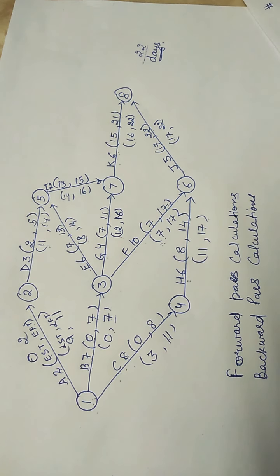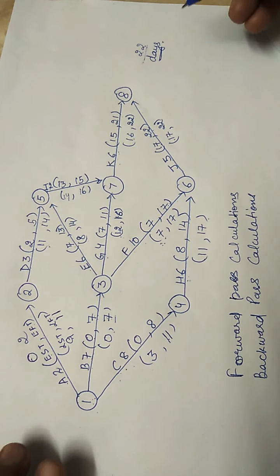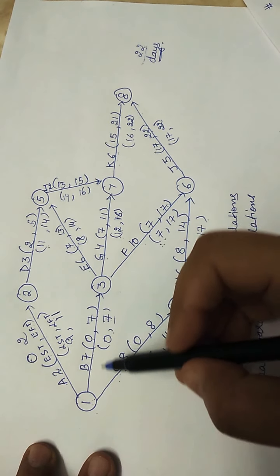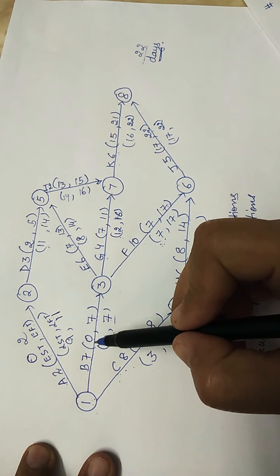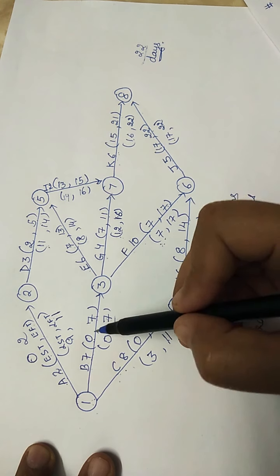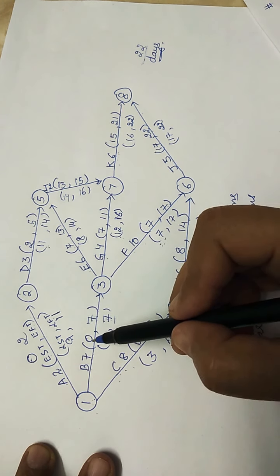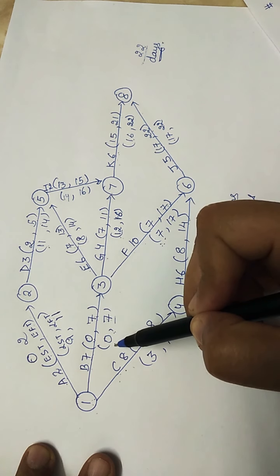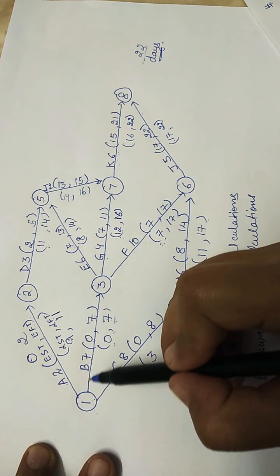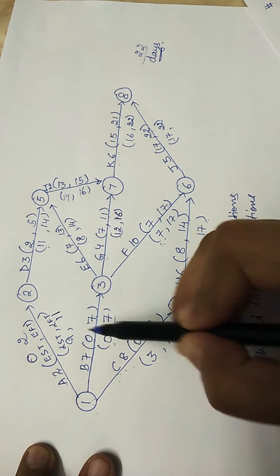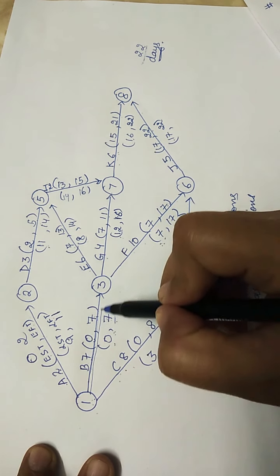The third question that is asked is that we have to find the critical path also. Critical path is that path where we have critical activities, those activities which cannot be delayed for a single second, otherwise the whole project gets delayed. So that path, how will we determine it? Where the values of earliest start time and finish time are the same as latest start time and finish time. So the values above the arrow as well as below the arrow are the same. So this path is the critical path.